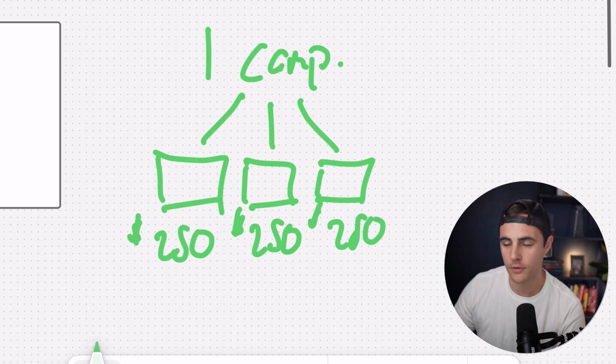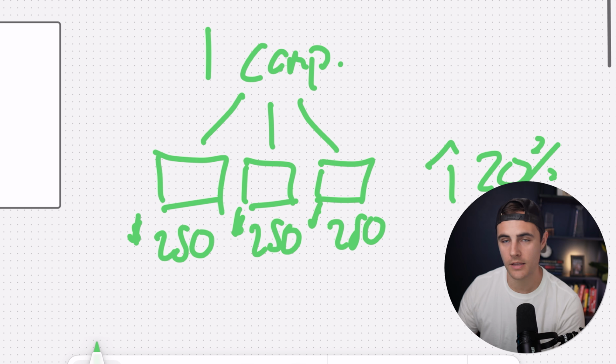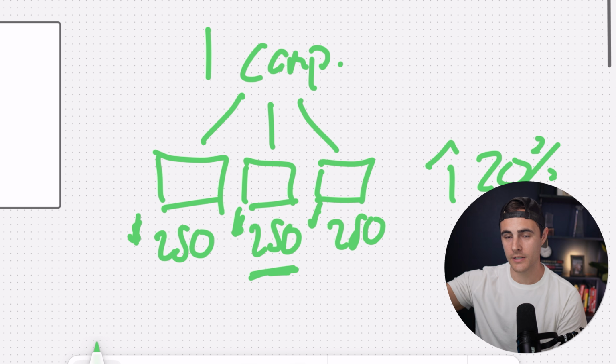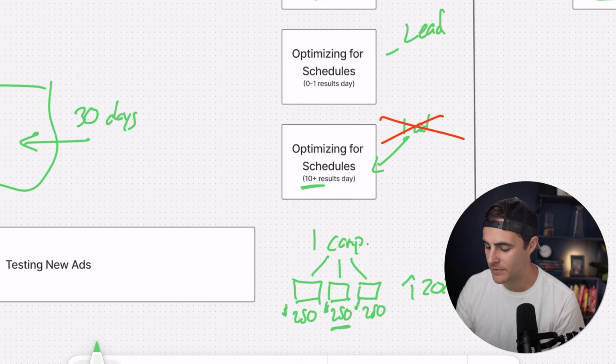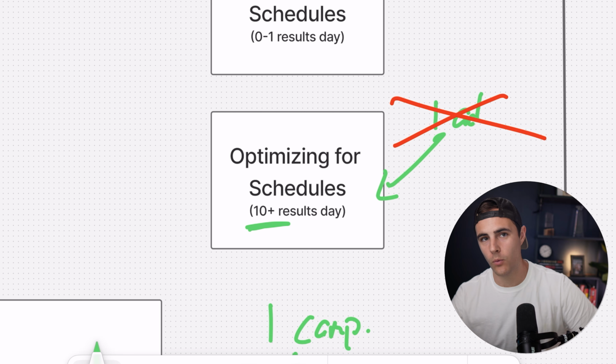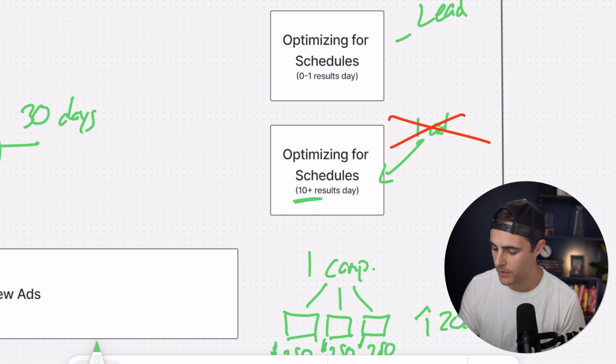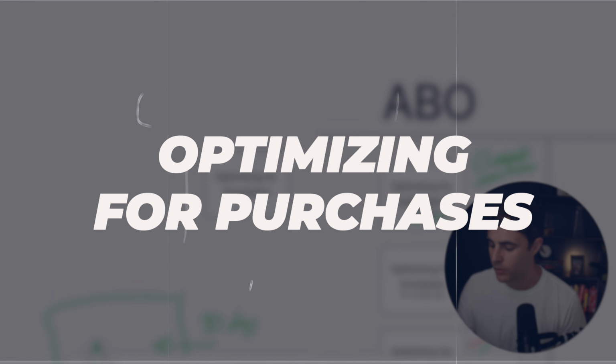And as these things perform well, I'll keep scaling these up by 20%. Every like 2 to 3 days, I'll just keep increasing budget. And then once a week, I'll typically launch a new ad set with an ABO with a new $250 a day in spend to try to find the winners in there to scale up alongside of it. So what this does is it will diversify your account, and it keeps it safe in case all of a sudden one of those ads stops working and now you're trying to figure out what to do next, okay? So that's what I do if I'm getting a lot of schedules. Now, if I'm optimizing for purchases, right?